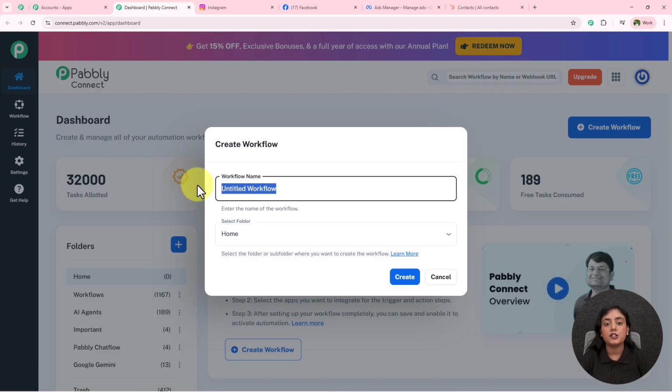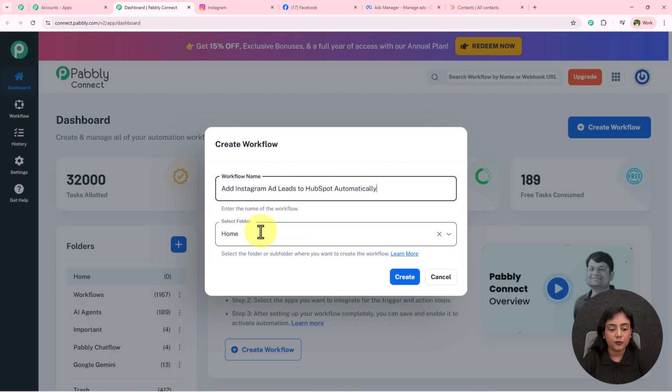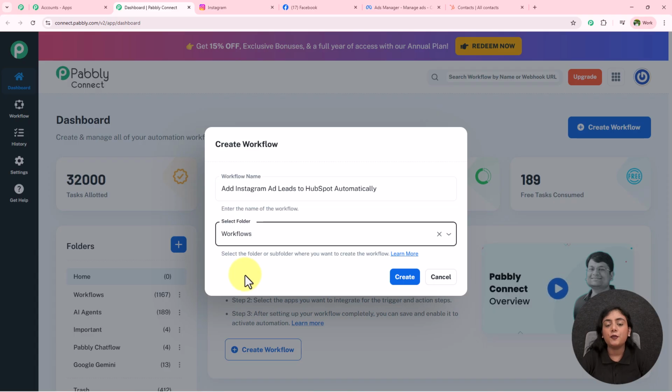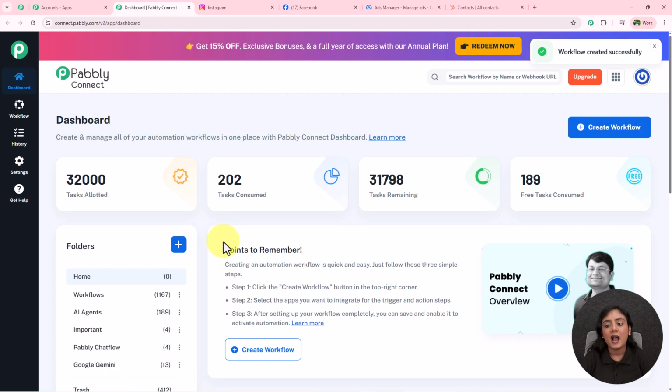It is asking for us to name our workflow. So for the name of my workflow, I'm going to give it as Add Instagram Lead Ads to HubSpot Automatically. After renaming our workflow, for the folder, these are the folders from which I'm going to select the workflows folder. If you want your workflows to be categorized under different categories, you can create the folders from this plus button like these. Okay, and simply click on this create button to build the workflow, and the workflow is going